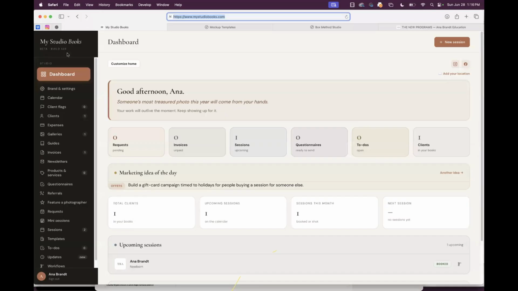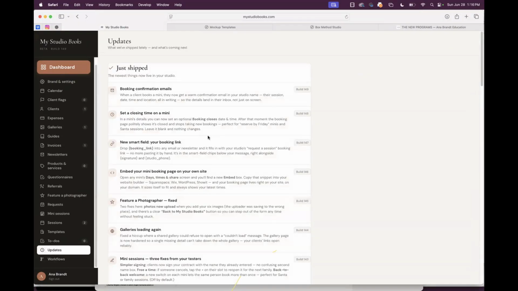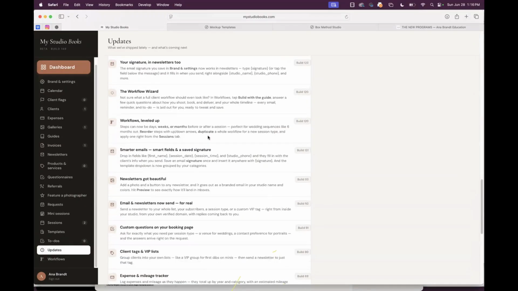If you're logged in, we are on build 149. It is very important to pay attention to the builds because, just to give you an example, I think since Friday, we went from build 130 to 149. I remember on the plane, we were on build 130, I think. And now here we are Sunday, a day and a half later, we're already on build 149. For those who are already logged in, all you have to do is go to updates and you can see all the things that I have done.